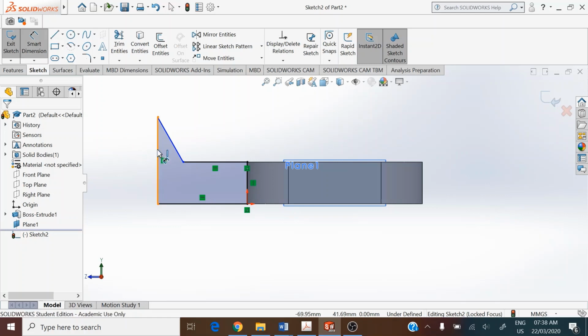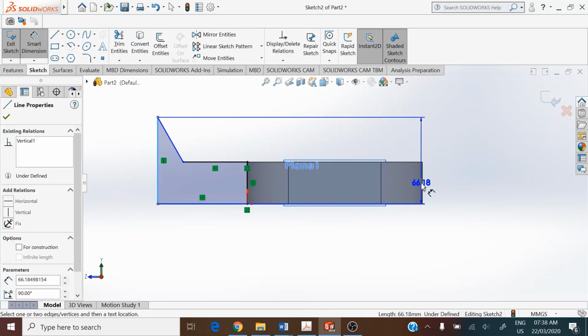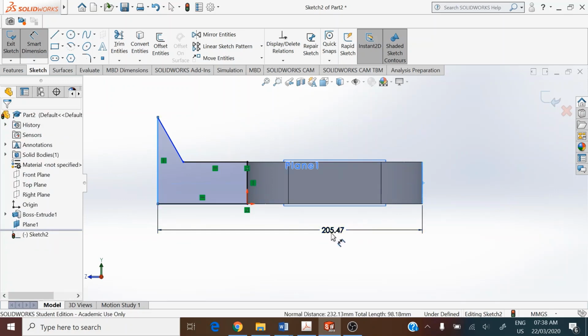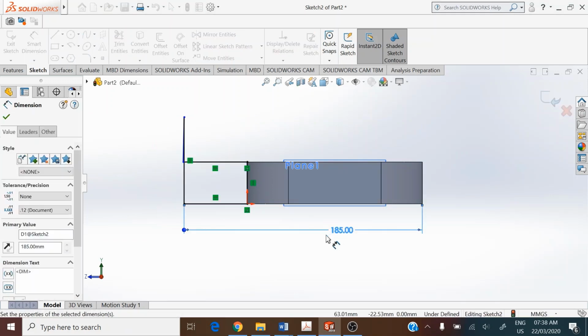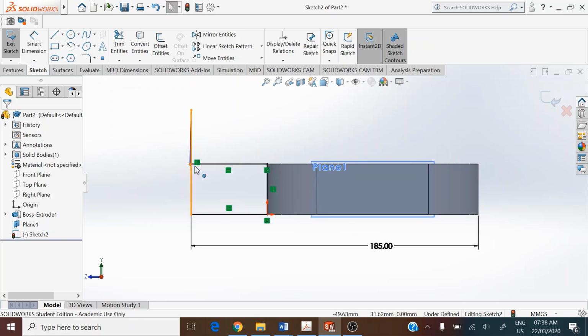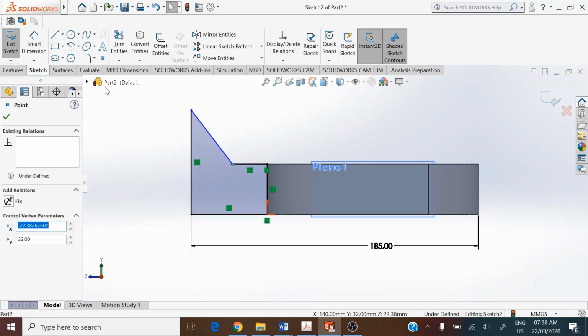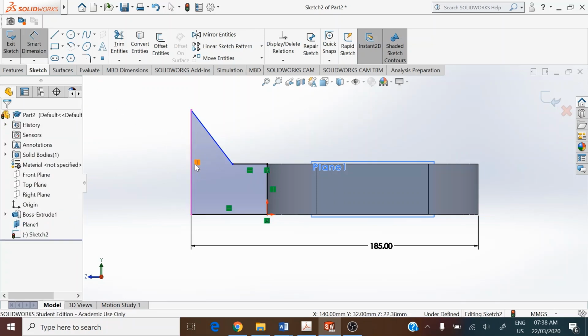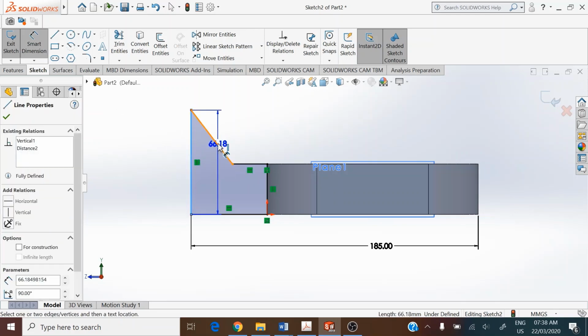We have the dimensions from this end to the far end of the base as 185. Get the sketch fully defined by moving the underdefined sketches, smart dimension, the angle between these two lines